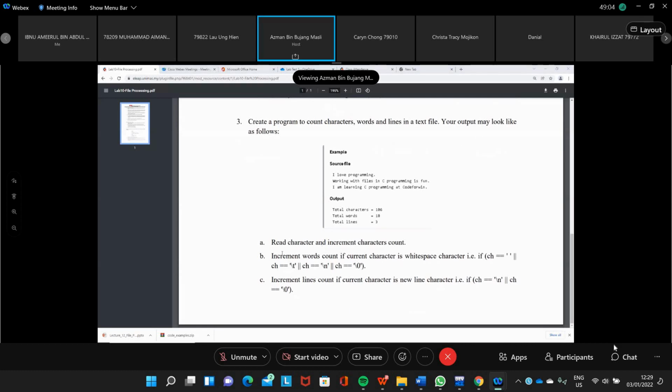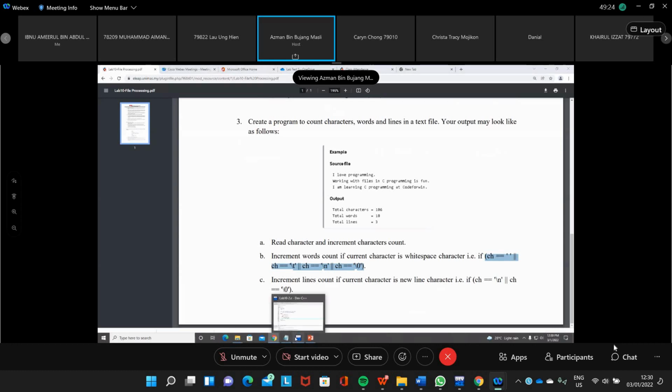Here we have the instruction. We can increment the count when we find that the character is equal to space or tab, or new line or null value. Then we can increase the word count.